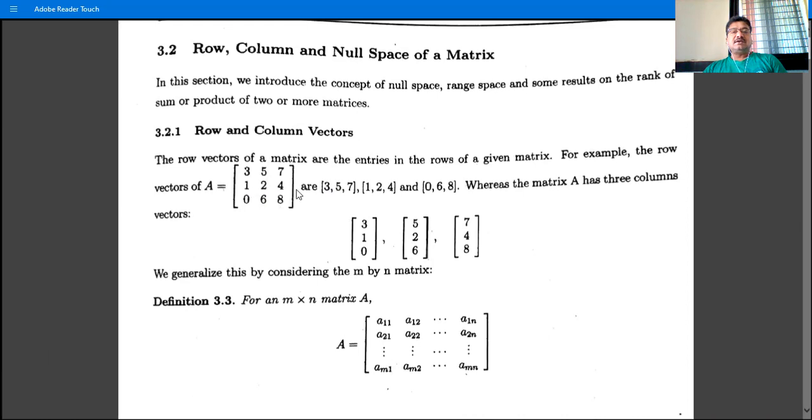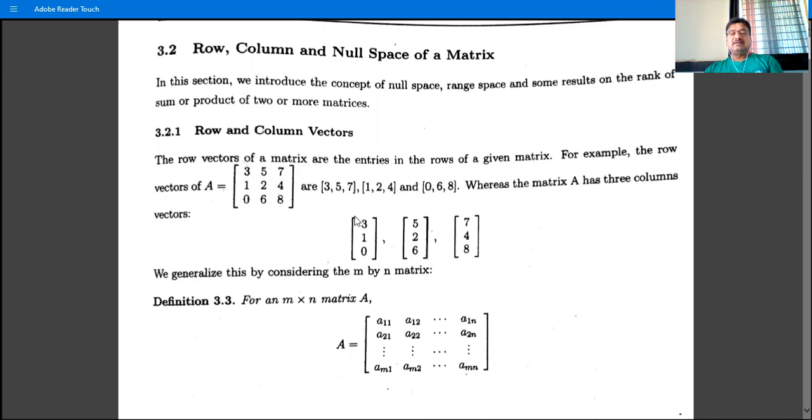vector, then write the second row as a vector, 1 comma 2 comma 4, and the third row as a third vector, 0 6 8, either in open bracket or close bracket. So these are the three rows of this matrix A, and these are called row vectors of the matrix. And if we form the columns as vectors, that is, the first column as the first